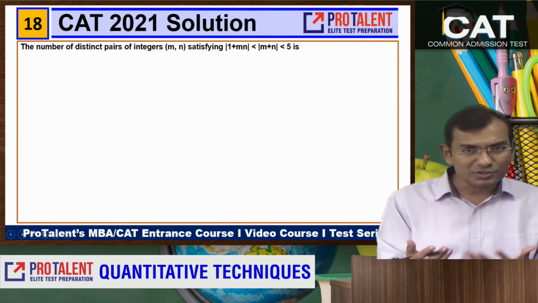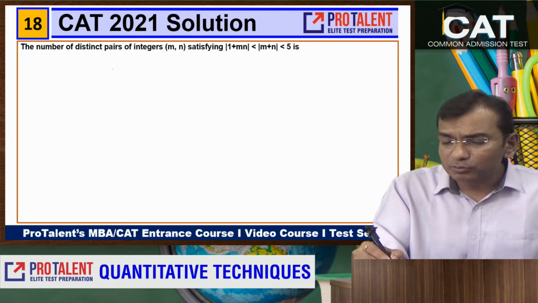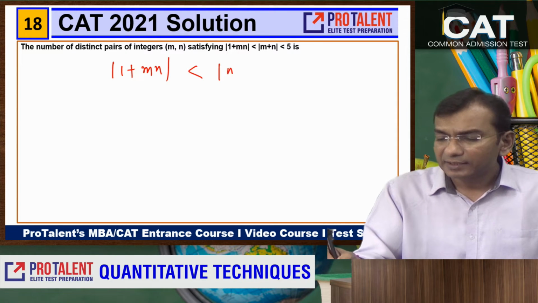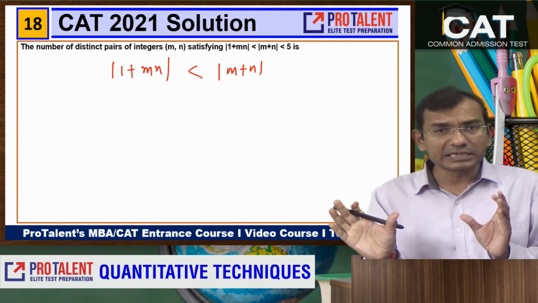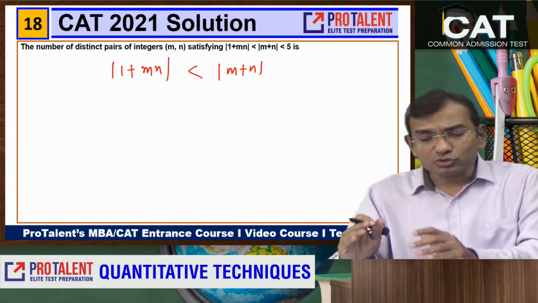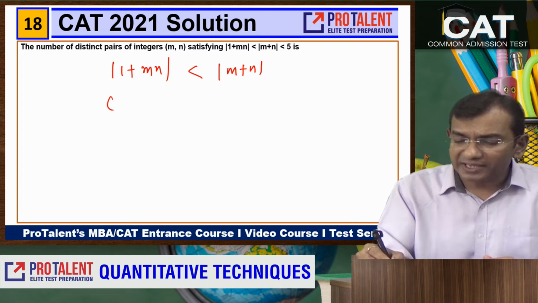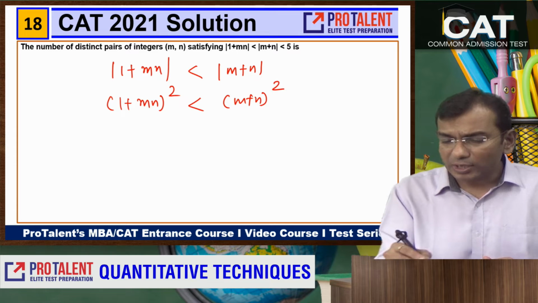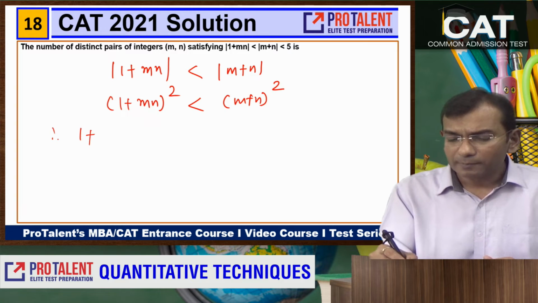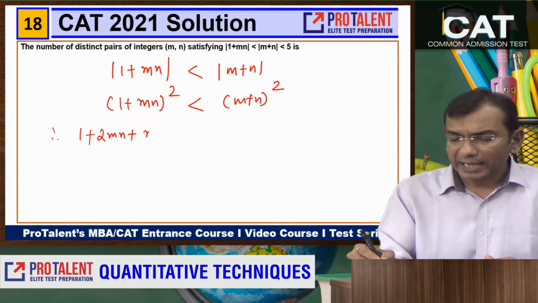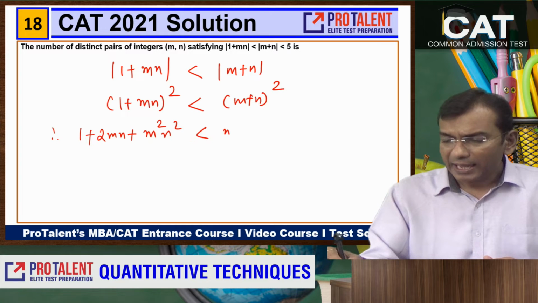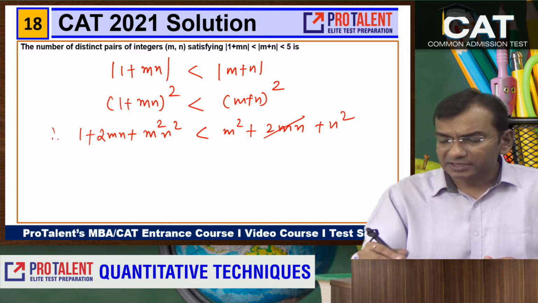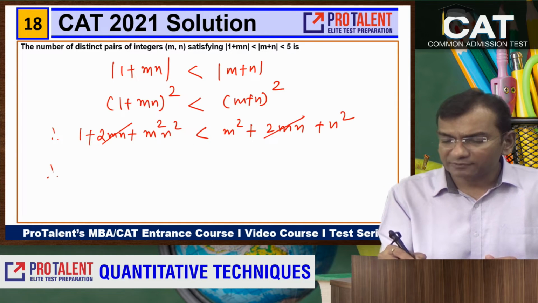So when you put numbers, if you are not very confident, you can try out this mathematical method as well. ठीक है, so ये आपके सामने less than है. मॉड्यूलस के नजरिए से अगर modulus less than ये है तो उसका square करेंगे तो भी वो satisfy करेगा कि ये less than ही रहेगा. Okay, so I expand this, so I get what, 1 plus 2mn plus m square n square less than m square plus 2mn plus n square. I subtract this, ये मेरा कट गया. So I'm left with what, 1